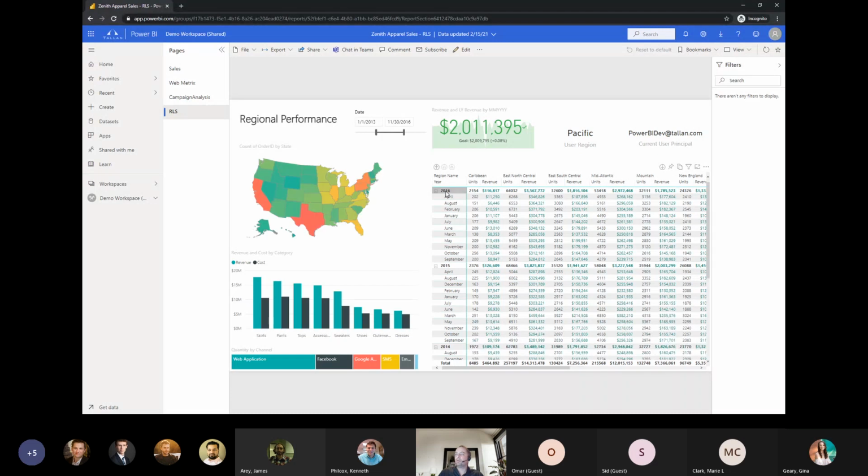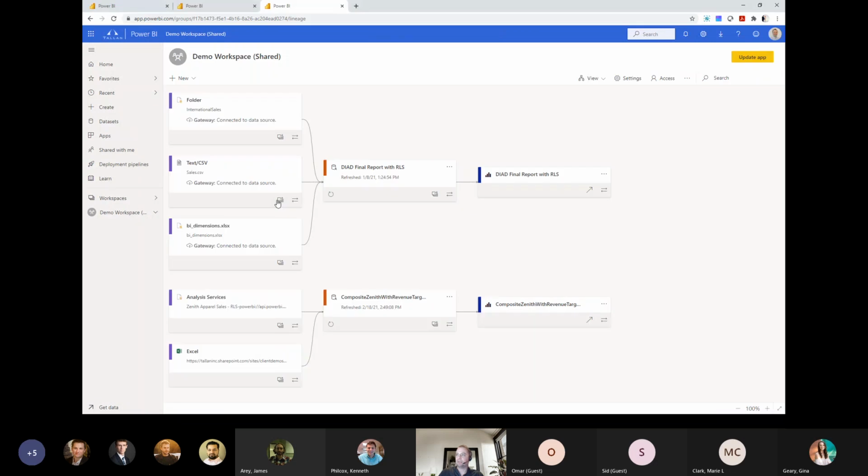So now, even though the row level security says that they are only supposed to see the Pacific, they see all the data. So very important to realize that implication. So how do we resolve that? Well, one, we only make them a viewer in this environment, but when we have our report in a